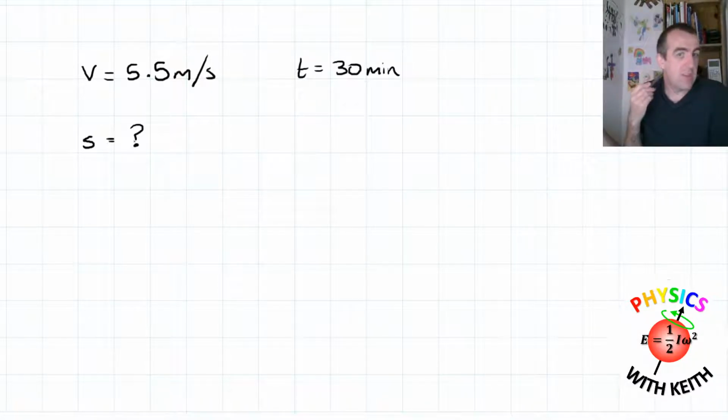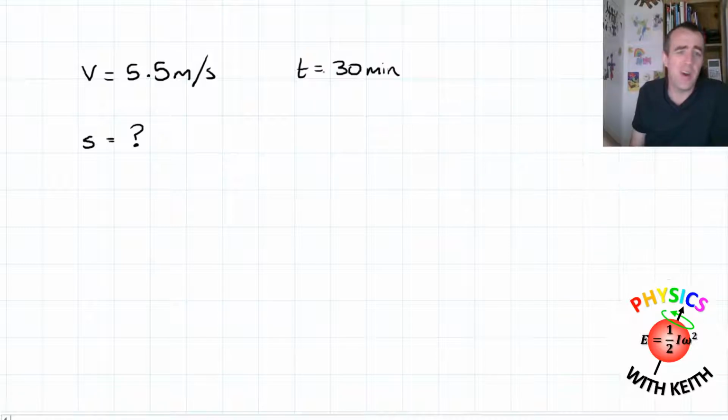in our equation, speed equals distance over time, s is not the speed, v is the speed. And I think I said in the video, please don't ask me why, because I don't know. It's just the way it always has been. So we're after the distance. The equation would be distance equals speed multiplied by time.